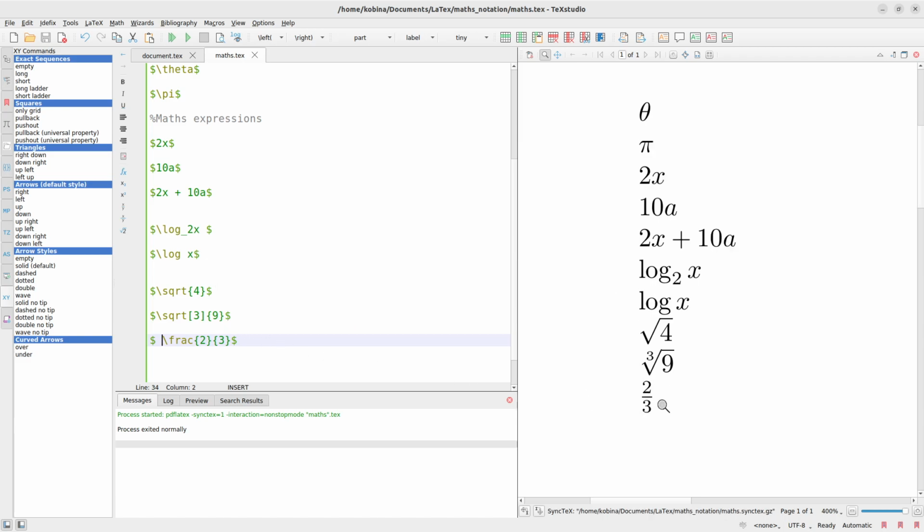Good. So now you see you have 2/3. All right. Now you also notice that here there are no spaces. Even though here there are blank lines in between the expressions, there are no spaces. So if you want to force some additional spaces, you can just bring your slash,